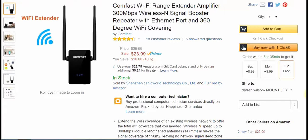This is Com with a fast, because fast in Wi-Fi extender. So there you go. This is the Comfast Wi-Fi extender amplifier, 300 Mbps wireless signal booster repeater with Ethernet port, which I loved, and 360-degree Wi-Fi covering, which I also liked. Before I get crazy on this,